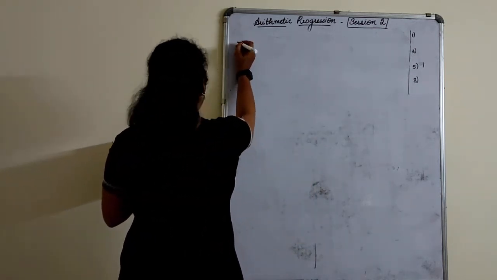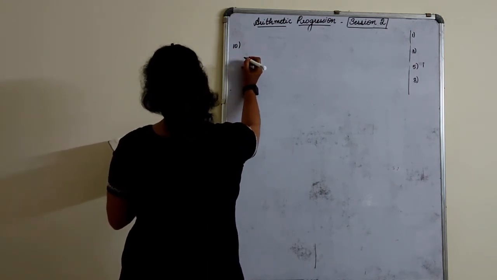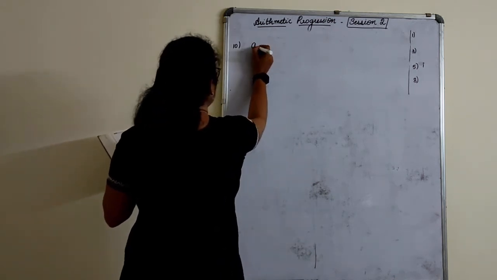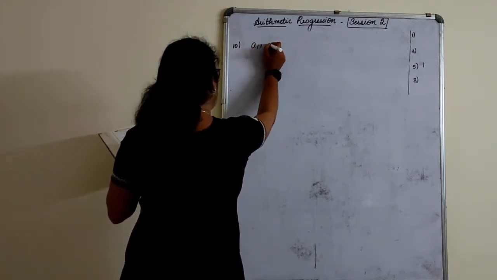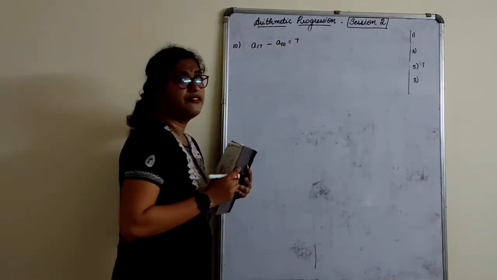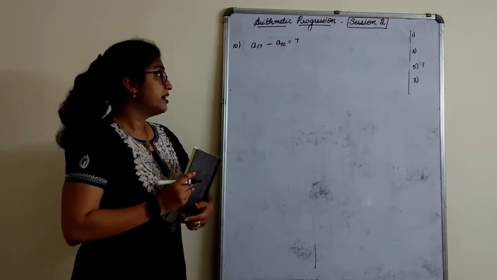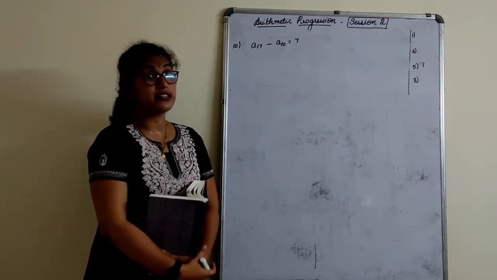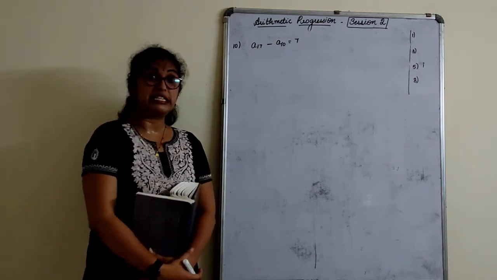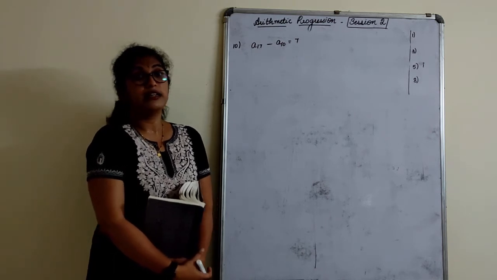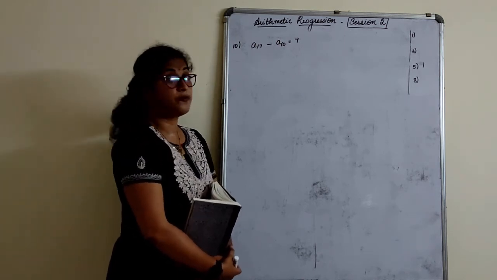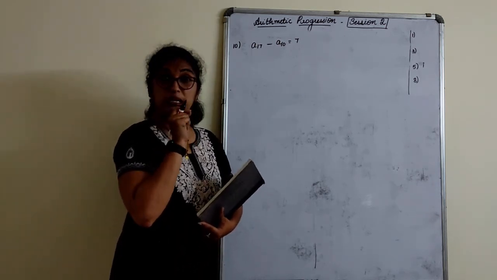Next one, 10th one. The 17th term of an AP exceeds the 10th term by 7. Now what I have written, exceed means plus, no? If I ask you by how much 10 exceeds 7, what will you tell? It exceeds by 3. How did you get this? 10 minus 7 is equal to 3, right? Same way here. Whenever you have a term exceed, it's actually minus.